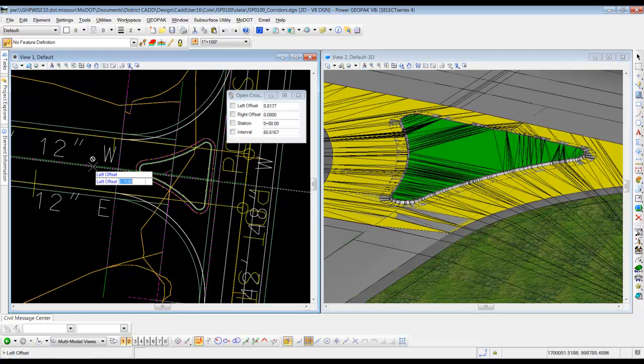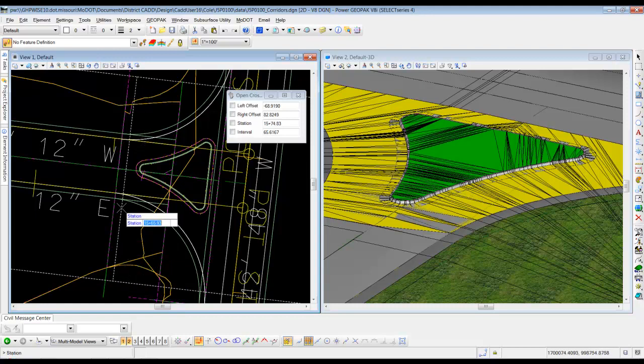We're going to locate that as our alignment. So we're just going to left click on it, and it wants to know how far left and right do you want to see. So for this, I'm just going to left click a location left, and I'm going to left click over here on the right side a location, and then it says where do you want to start. So I can start down here just before the island somewhere and left click. And our interval, how often do you want to go through here? Let's say we want to go every 5 foot. So we'll type 5 and hit enter, and then we'll accept that 5,